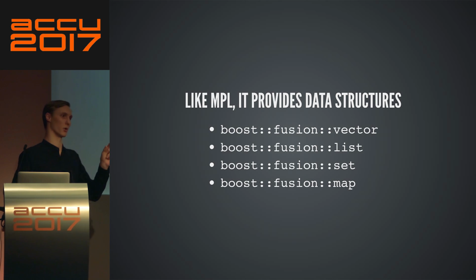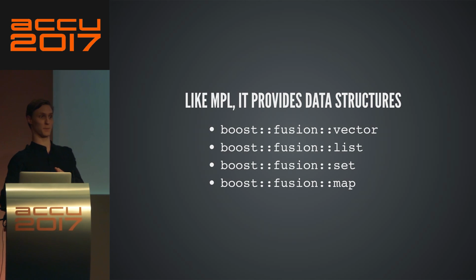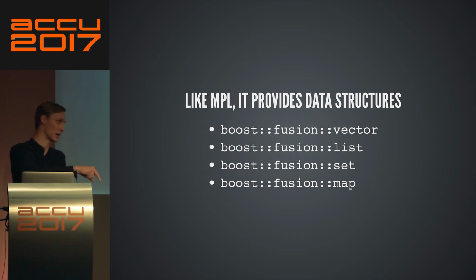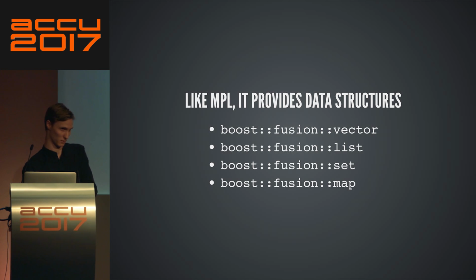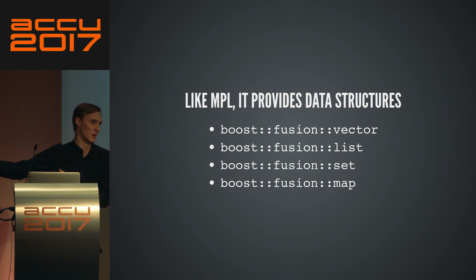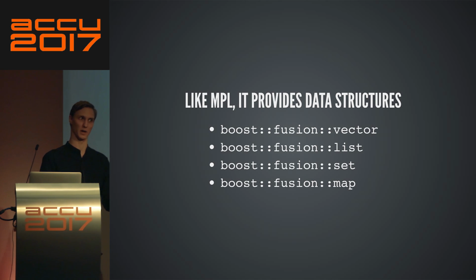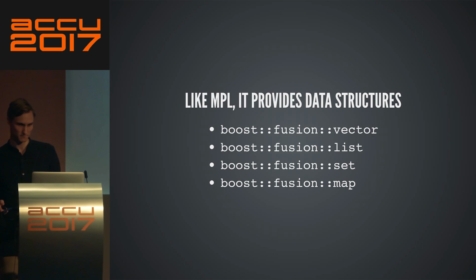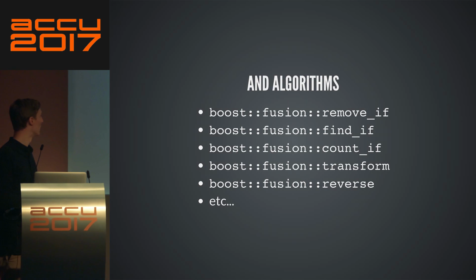And the map is a little bit special, actually. It's going to map types to objects that may have a runtime value. And these types do not have to be the same type as the type of the object to which they map. Okay? So you could say something like struct T1 maps to a std string with value foo, and T2 maps to an int with value 3, for example. Not clear how it's useful. It'll become clearer later if I do a good job.